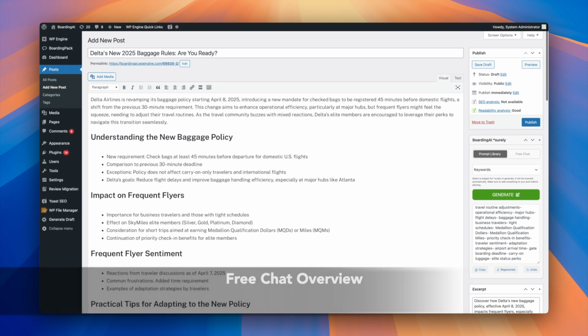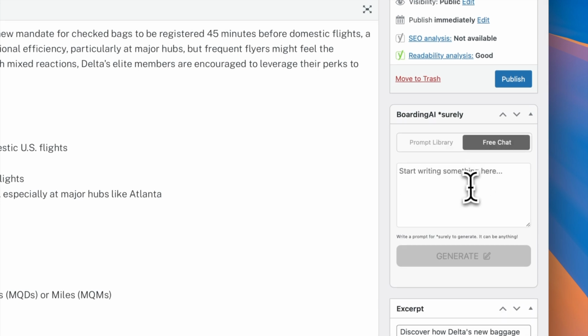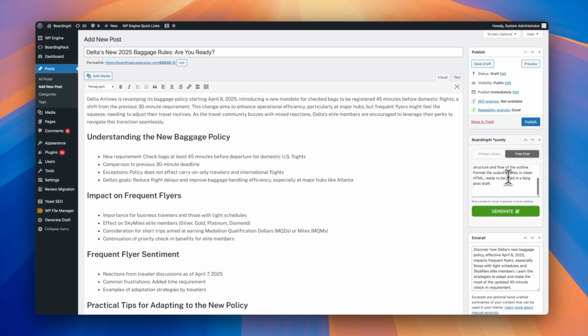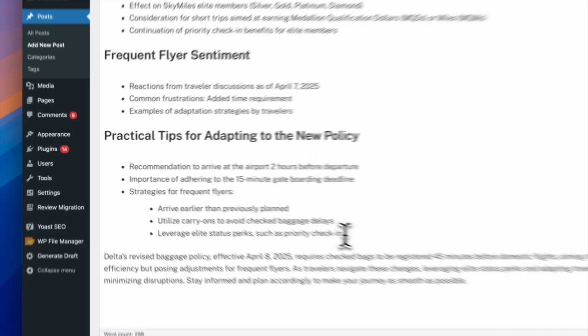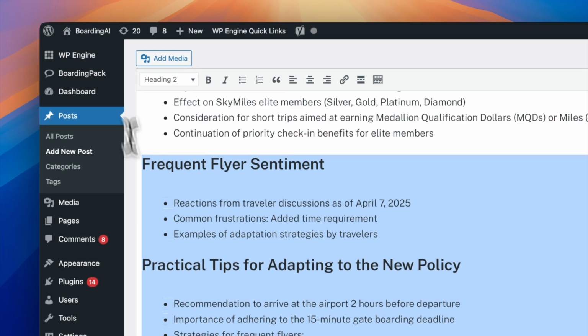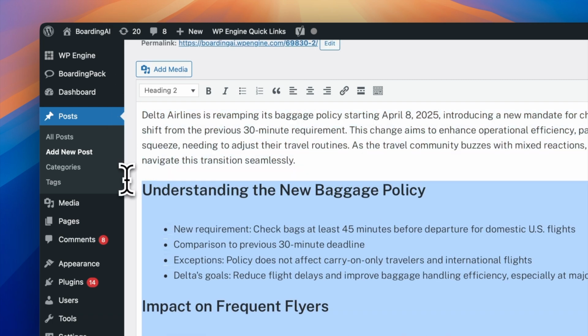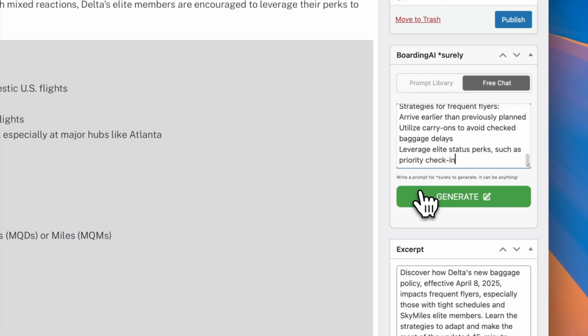This feature can handle quick, one-off requests. You can ask questions, conduct research, brainstorm ideas, or even structure outlines, regardless of whether you have any text in your editor. Unlike the prompt library, which automatically uses your draft content, FreeChat does not see what's in the editor. If you need the AI to factor in any existing text, simply copy and paste it into the FreeChat input for that query. Because Surely does not retain data from one query to the next, each message is treated as